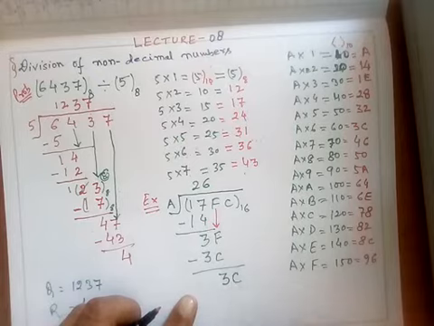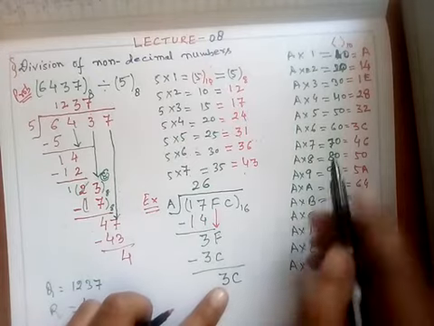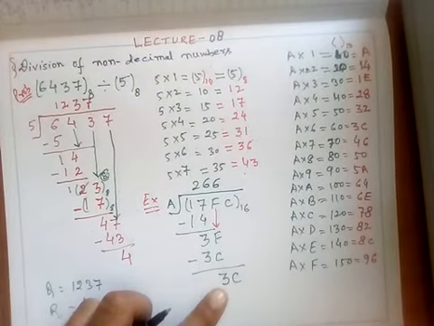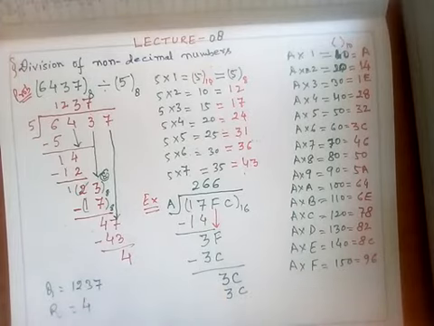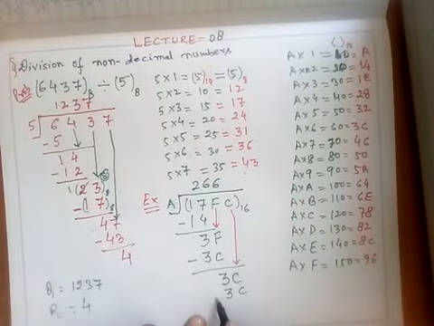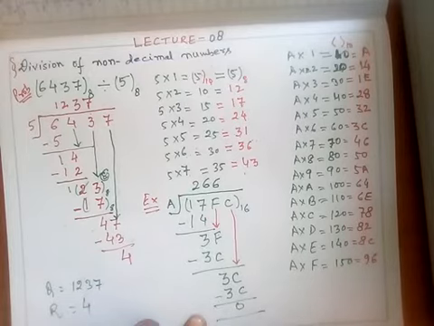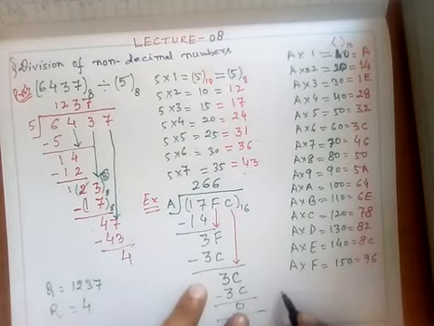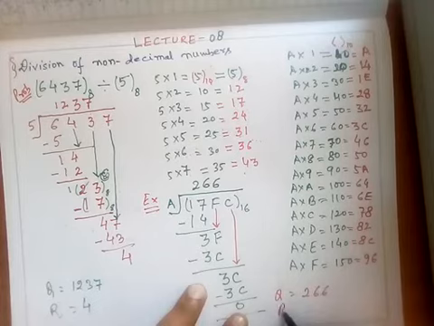And then you have C. Again A into 6 times. It is 3C. I subtract this. What I have done, I copied the C first of all. And 3C minus 3C will give me the result 0. It means my final answer for this particular problem, when I divide, is that the quotient is equal to 266 and remainder is 0. I hope that this is clear to you.